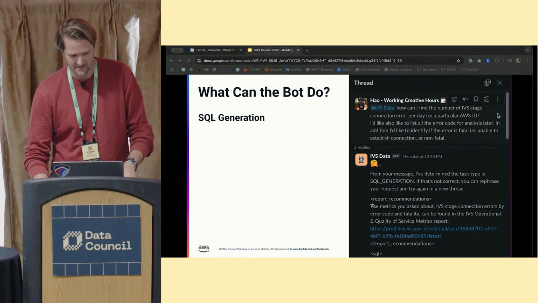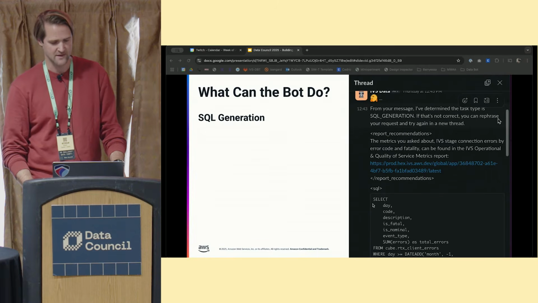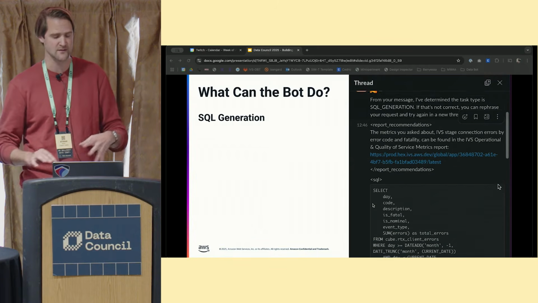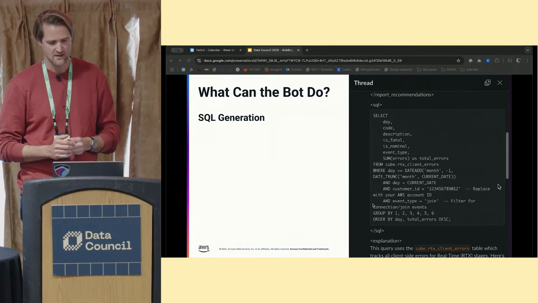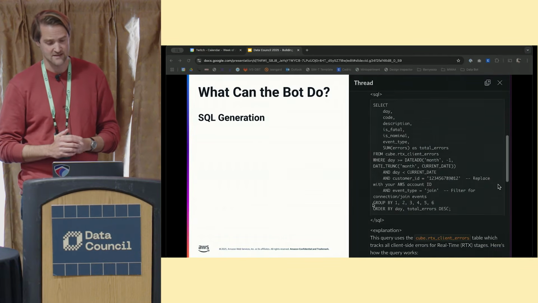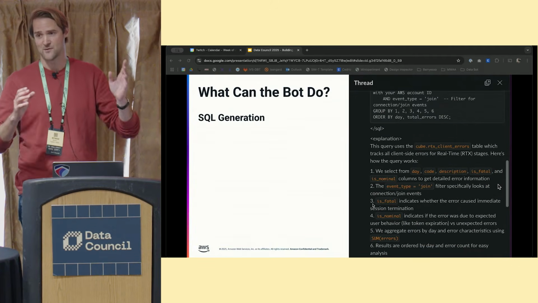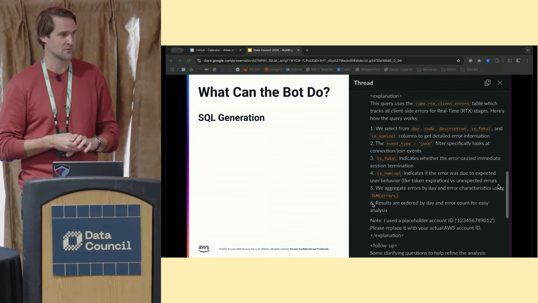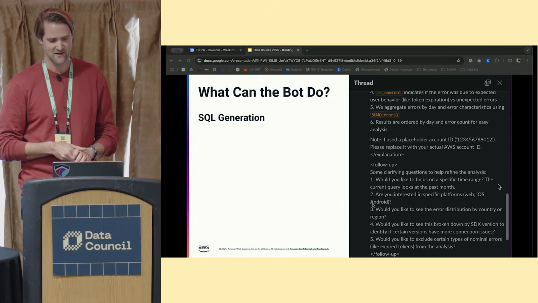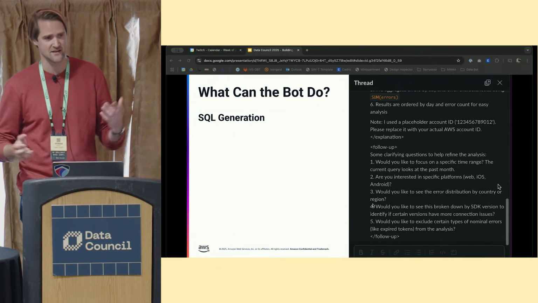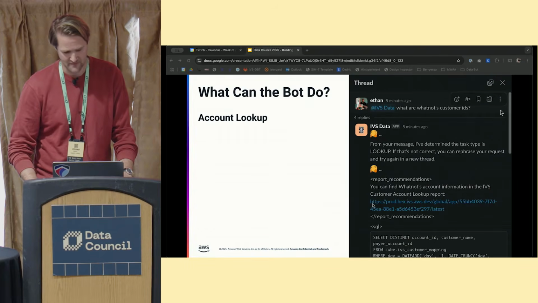Second, SQL generation. It will generate queries for you based on a question. This is really the meat of the application, both in terms of use and complexity. Though honestly, it's likely secondary in value to the first thing, telling someone where the right report is, because we've put a lot of effort into building nice reports, and finding them is still hard because there are too many, and search is difficult.